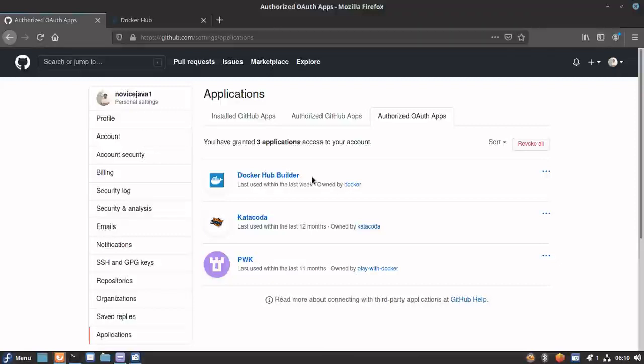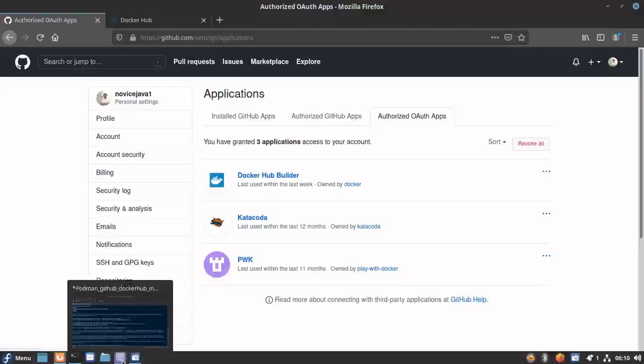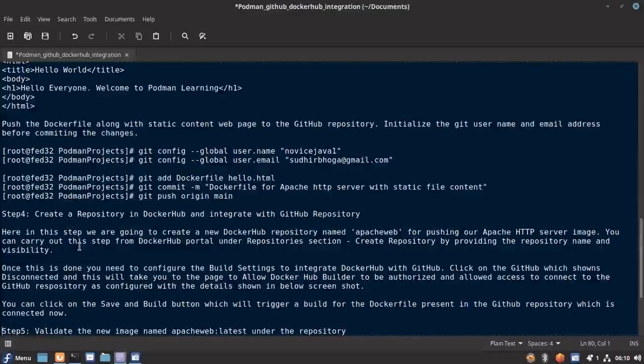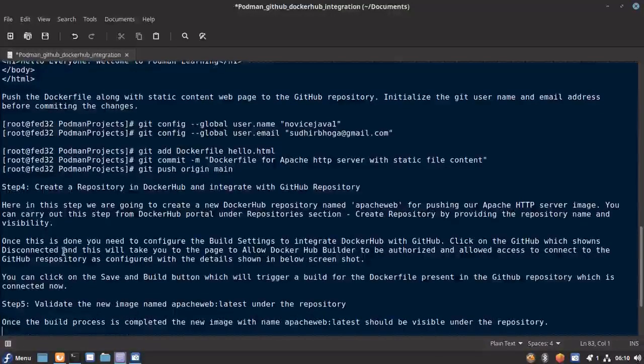So this is how we link both Docker Hub and GitHub, and we have seen what changes happen after the integration, both on the Docker Hub side and on the GitHub side. Okay, let me go into my documentation again. So this is the integration part between Docker Hub and GitHub.